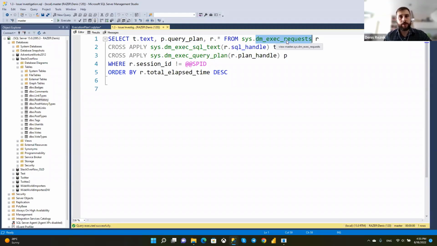For that, we will need to use extended events. I will show it later in the presentation. But at the same time, if the issue is known, you can ask the user which parameters were used during this execution, so you can put these parameters into the query and validate the issue as is.